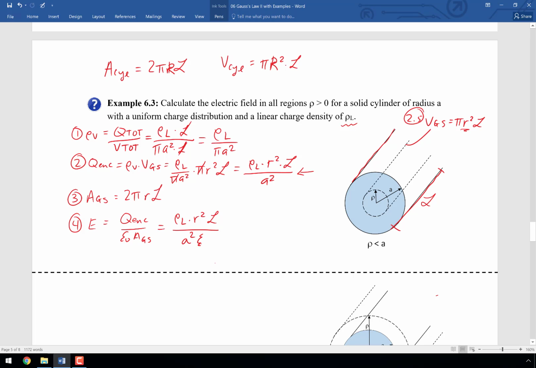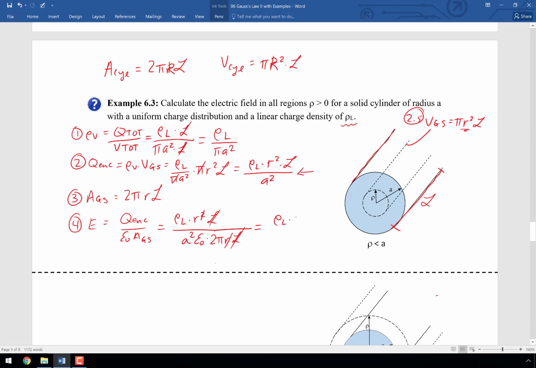The denominator also picks up an epsilon 0. This is epsilon 0. And then what is the area? 2 pi r L. Oh, good. The L's canceled. This r is going to cancel with one of these r's, and I think that's all I can simplify. I end up with rho sub L times,